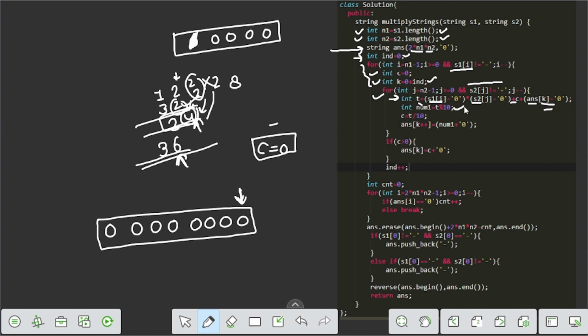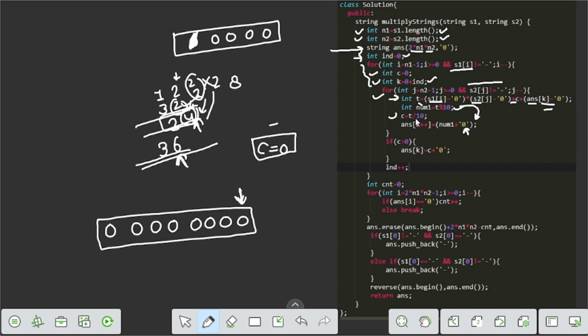So that number becomes num1 equals t percent 10, which is modulo 10, for storing the number again in answer of k, and the carry becomes c equals t divided by 10. So we update the answer: answer of k is equal to num1 plus 0, where we again convert the number into a character, so we add the 0 character.